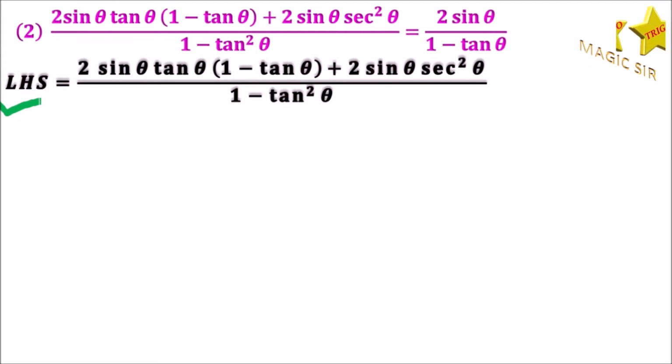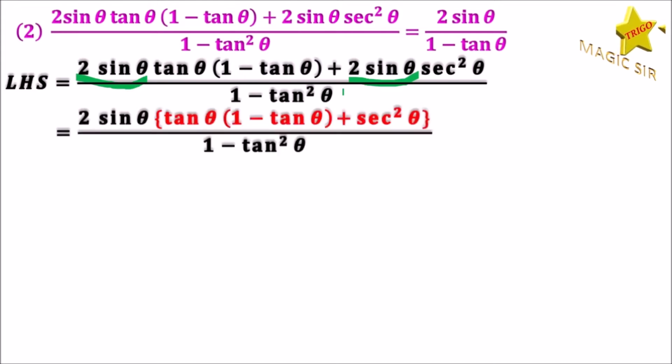We can observe that twice sin theta is a common factor in the numerator. So taking twice sin theta as the common factor from the numerator, we get the left hand side is equal